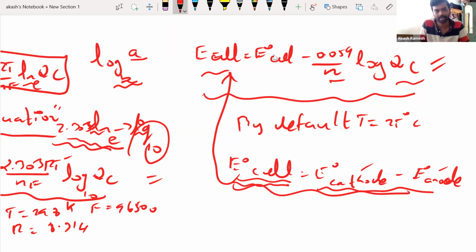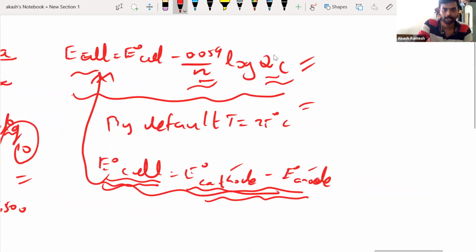Now this you have to remember, guys. E naught cell can be directly calculated by using this equation. After calculating E naught cell, we go for finding the E cell value with the help of the Nernst equation. Now this point I've made very clear. Now we'll move on to see what this N is. Obviously, N is your number of electrons involved, and QC is the reaction quotient, but you have to be very,